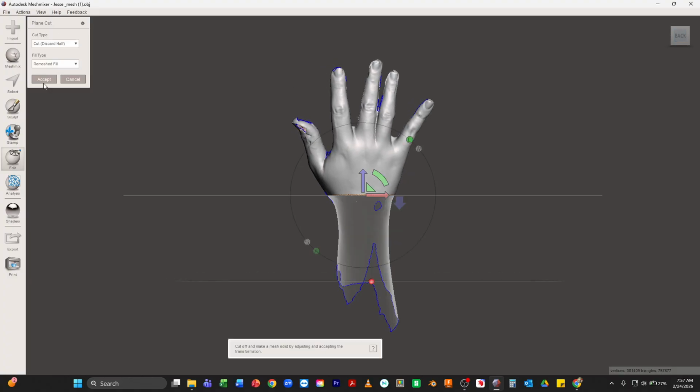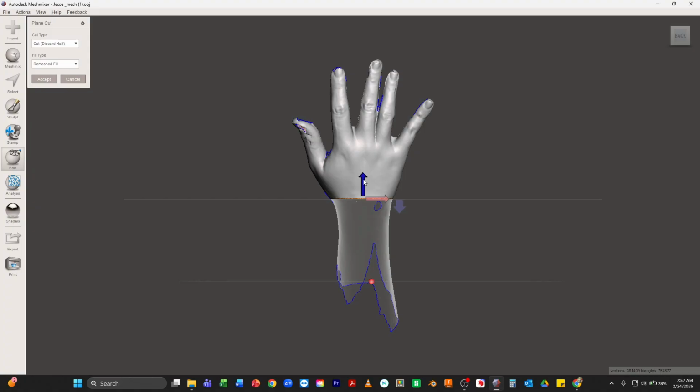So we're going to do a plane cut, and you can see the positive part of the hand that's seen, and then the negative, and that's going to be the part that's actually going to be cut. And I'm just going to bring it down. I want to capture some of the wrist. I'm not going to worry about too much of this right here, because we can fix that when we fill it, but right about there, because again, we're going to build a brace that's going to be pretty much stabilizing